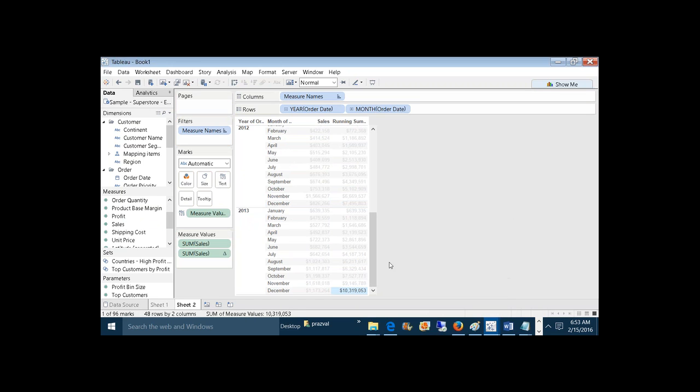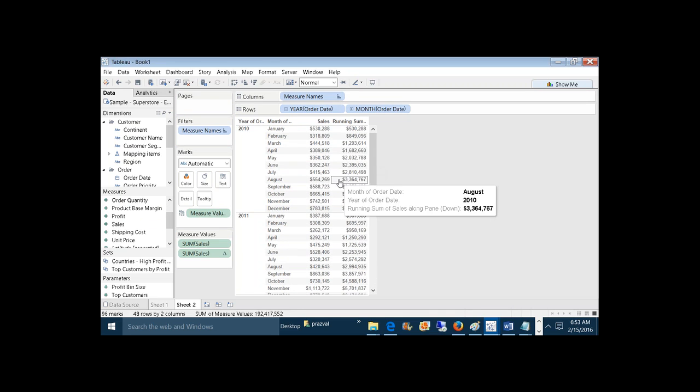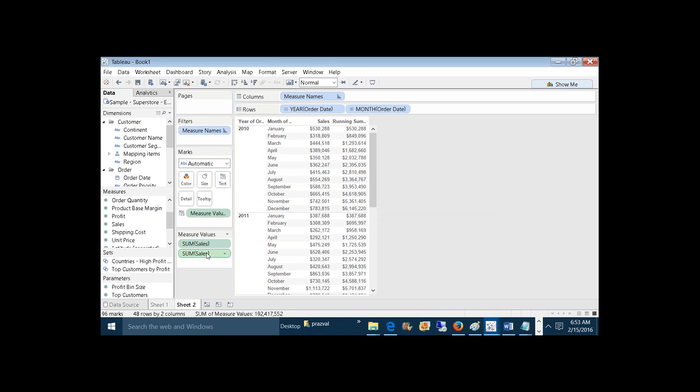So now here what I want to find out is, till August, every year till August, what percentage of the total sales the superstore acquired. Okay, till August in every year, what percentage of the total sales we have obtained. So here I would like to find out the total sales percentage. So how to get the total sales percentage? So on